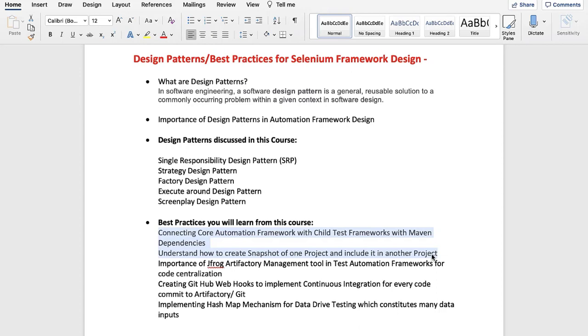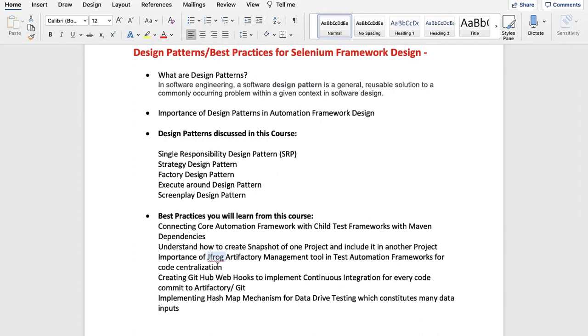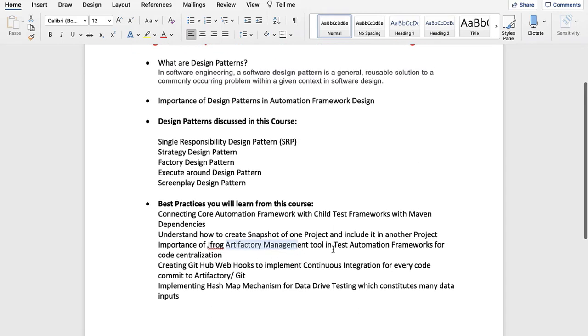When you work in real-time companies, these are all common practices. And you should also know about an artifactory management tool, and how you push your artifacts. You create a jar for your frameworks by Maven install, and you have to push those artifacts into an artifact management tool, and JFrog is one of the most important ones. So if you are already working on any project, you will definitely know about these artifactory management tools. There are some other tools like Nexus, and all of these come under artifactory management tools. So your framework snapshots will also be present there.